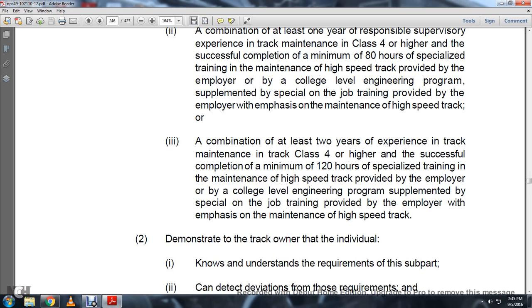Or a combination of at least 2 years of experience in track maintenance in class 4 or higher, and the successful completion of a minimum of 120 hours of specialized training in the maintenance of high-speed track provided by the employer or a college-level engineering program, supplemented by special on-the-job training provided by the employer emphasizing maintenance of high-speed